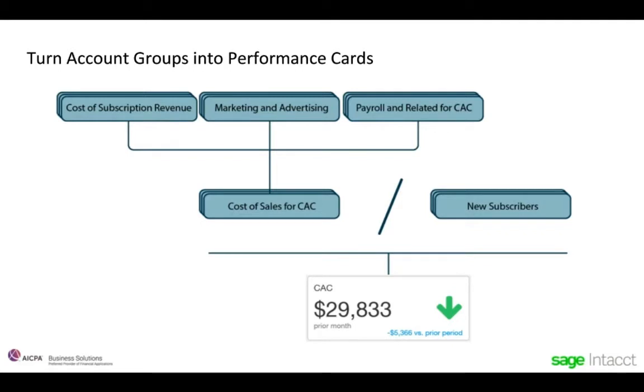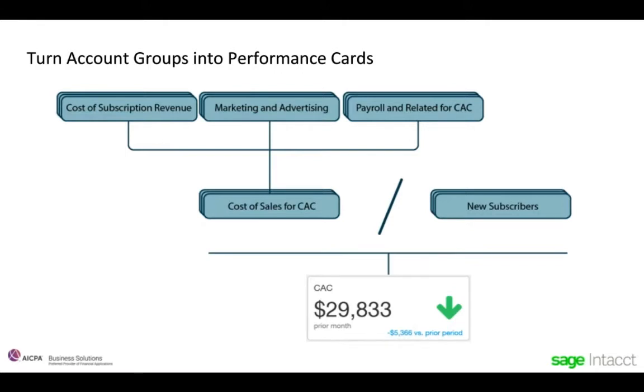So this is just a little diagram, and it shows how we built customer acquisition cost. I just picked it here because it was a simple metric that a lot of people look at. Most people can understand how that affects their business. When we look at customer acquisition cost, that performance card is running off of an account group, and that account group is a group of financial accounts from your chart of accounts. And we've got cost of sales for customer acquisition cost divided by the new subscribers,